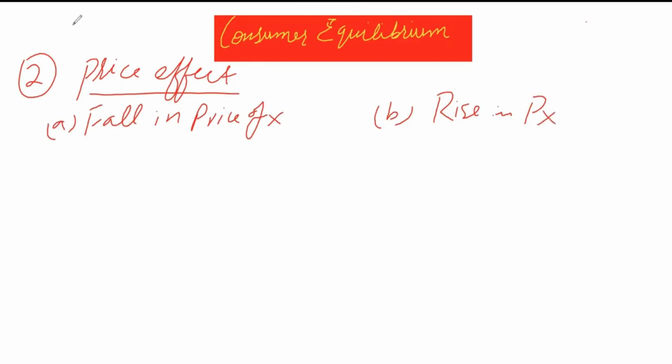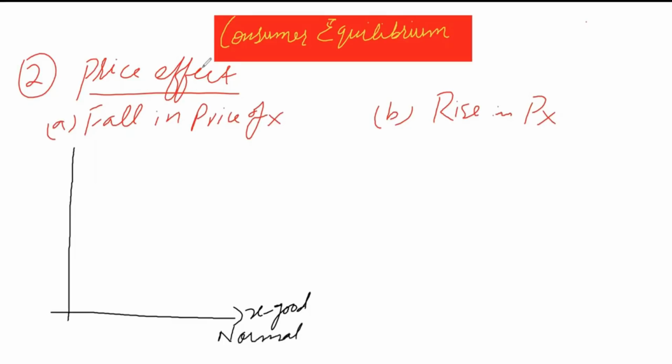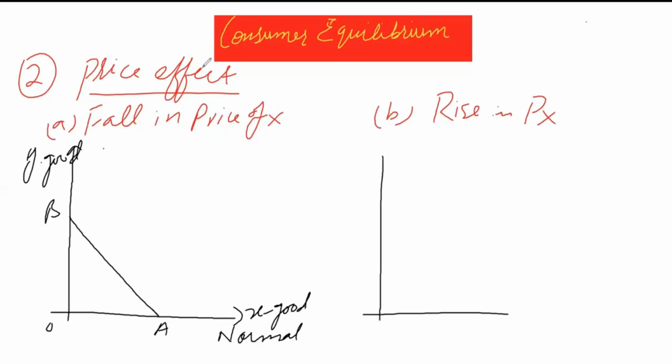Okay, now the first situation first, and draw axis, label two goods, quantities of any two goods. One is, let's say, X good and the other one is Y good, and X good is considered as a normal good. Okay, so this is the basic structure of the graph, and draw a budget line, label this budget line as AB, and again it is not necessary to label the budget line as AB. You can label it with any two goods on X and Y.